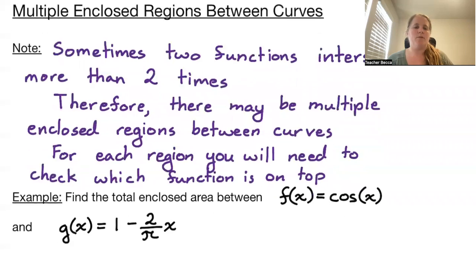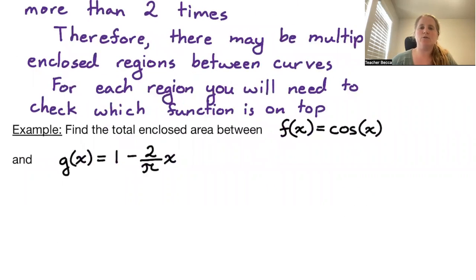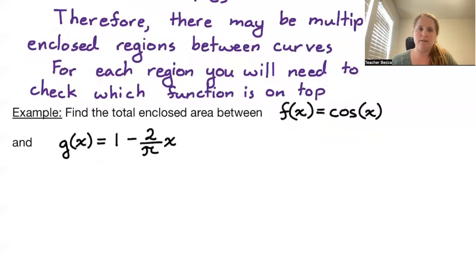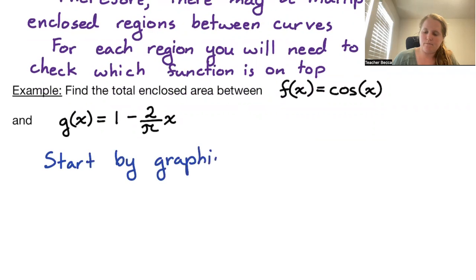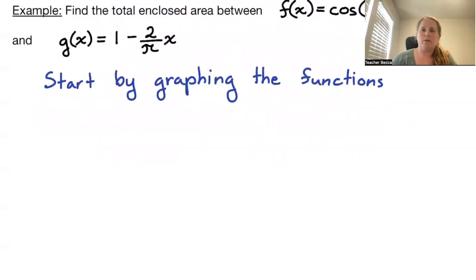So for an example, let's go ahead and find the total area enclosed between f of x equals cosine of x and g of x equals 1 minus 2 over pi x. So the very first thing we're going to do is graph the functions. So if we draw the graph,